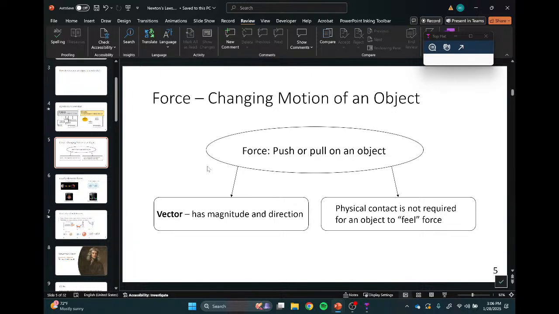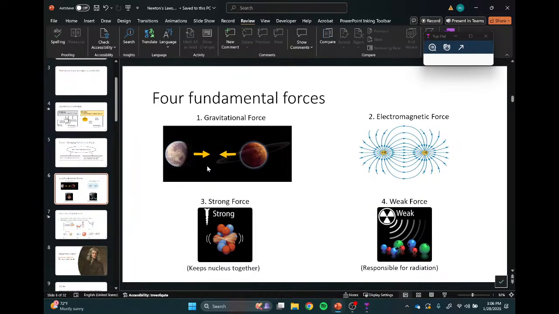And 99% of the pushes or pulls that you've seen in your, let's just say 95%, depending on your perspective, fall into one of these. And it's not probably the one, well, we'll see if it's the one you expect. So there they are, 4 forces: gravitational, electromagnetic. Again, I'm not going to test you on this, so don't worry about needing to memorize it. But it's fun to know. Gravitational force, electromagnetic force, strong force, and weak force. Every single push or pull can be categorized into one of these.